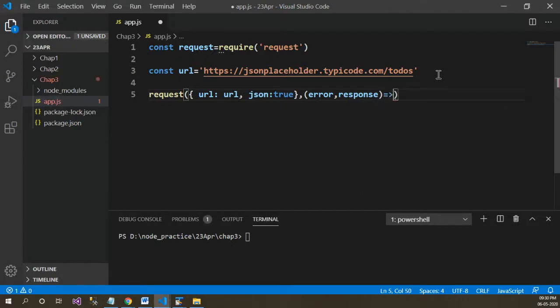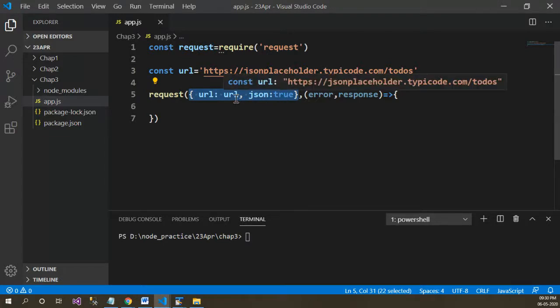So let's create an arrow function for it and deal with it. So what is the syntax? The request function requires the first parameter as the URL for that API, and json true if you want to parse the JSON, json false if you don't want to parse the JSON that is coming.